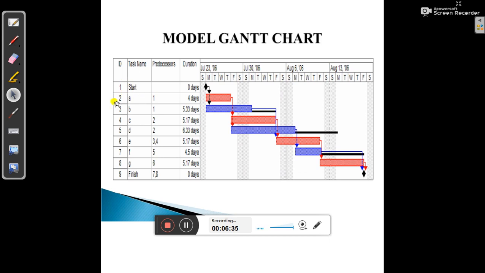So there are various tasks like task A and task B, starting from point A. The predecessor of task A is 1, which means there is a start with ID 1. The predecessor of B is also 1. So A and B always start from the starting point. C has a predecessor, which means the process that starts C will be started after A and B, or we can say